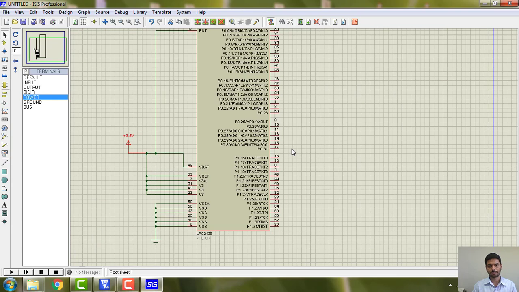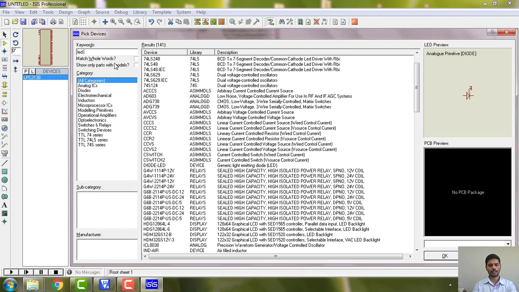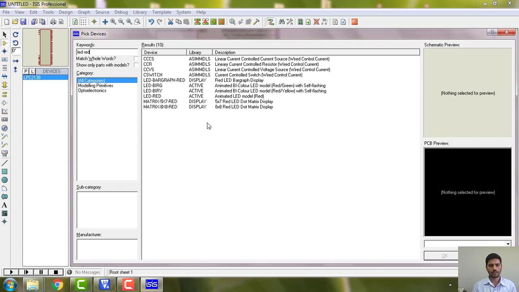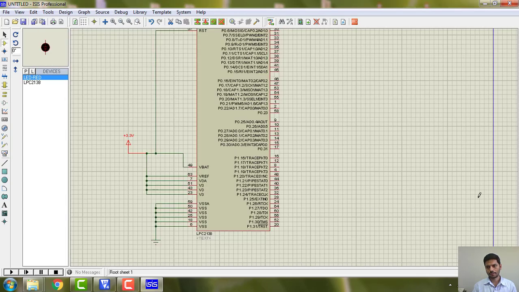Then I need to connect LEDs, and I will take up LEDs. Say red. I want red LED. Say OK.